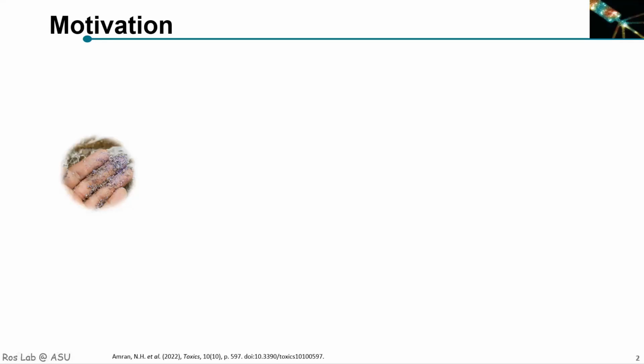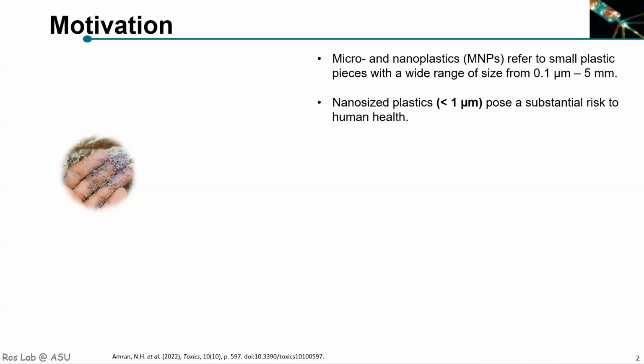separation. Nowadays, the increasing global plastic production has become a major threat to the environment and humans. Macro and nanoplastics are small plastic pieces with a wide range of sizes, from 0.1 micrometer to 5 millimeters, and nano-sized plastics with a size smaller than 1 micron may lead to substantial risk to